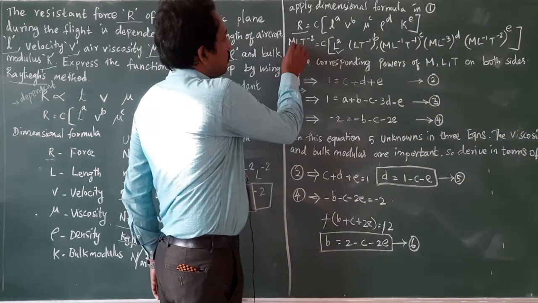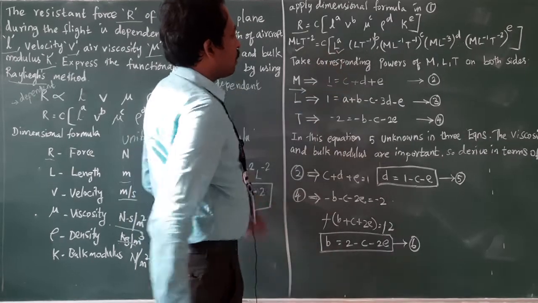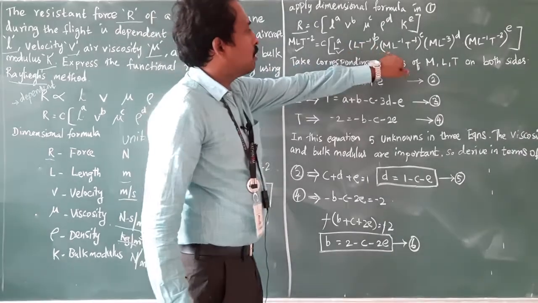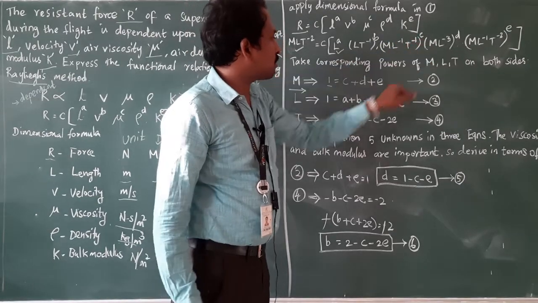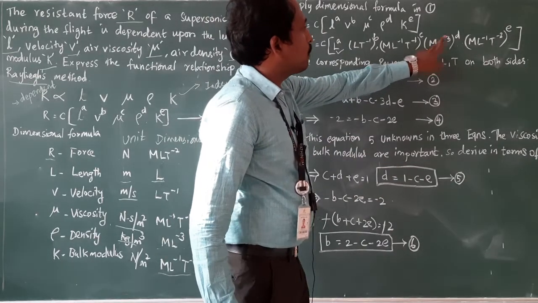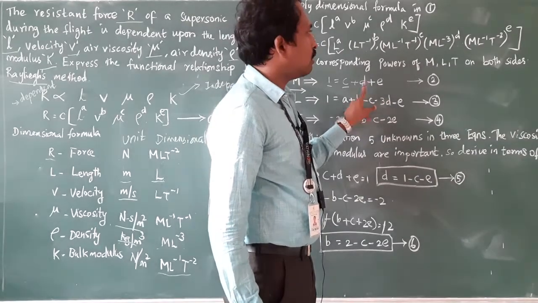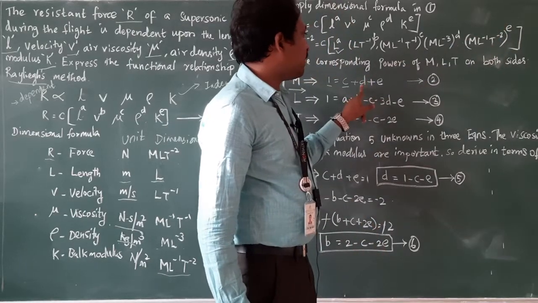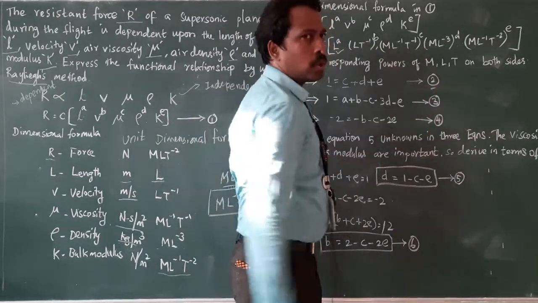Left side, M power is 1. So, 1 equal to the right side. Here no M term, here no M term, here M is there, power is 1, so whole power is C. So, C term. Next, here M power is 1, to the power D, so I am writing plus D. Here power 1 to the power of E. So, C plus D plus E equal to 1, which is equation number 2.